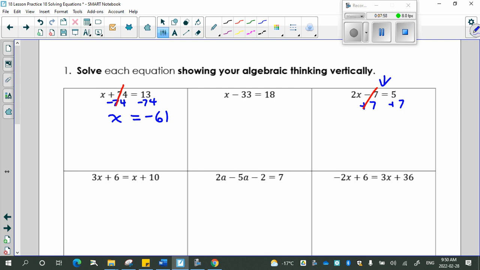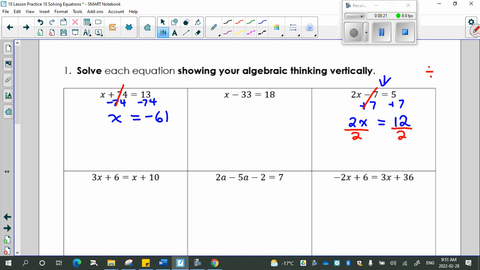So now what's left on this side is 2 x's, and what's left on this side is 12. So 1x equals 6. Good. And the way we show our thinking is really what we did is we divided them in 2. So we divided by 2 on both sides, and we're going to use that vertical division bar,